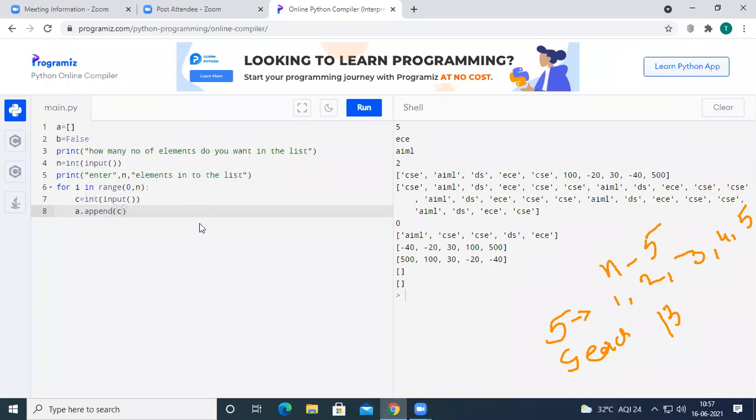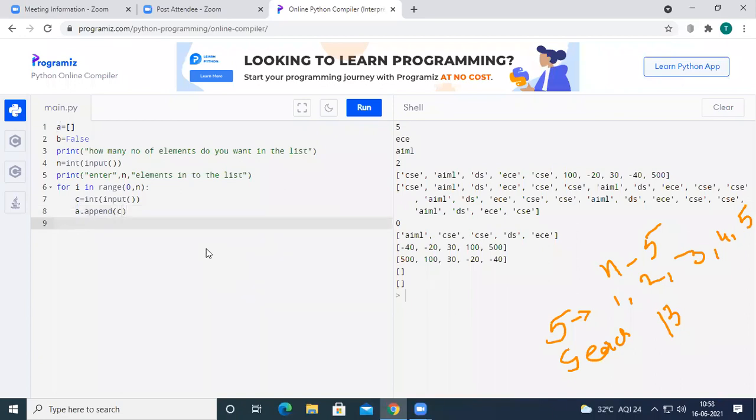We have gone through this append function. What this append function will do is add one element to the list. Initially the list was empty, so each and every element will be stored inside c, and the c value will be appended each and every time inside the list a.